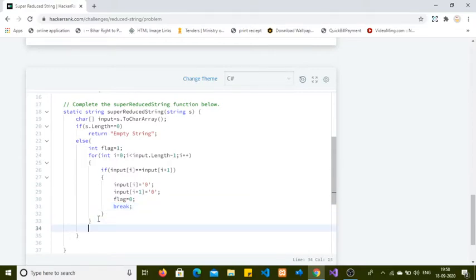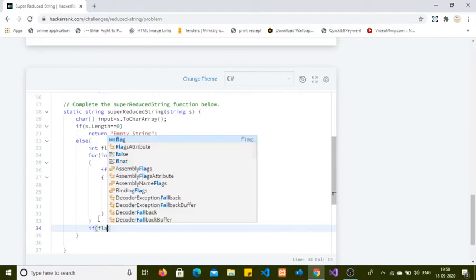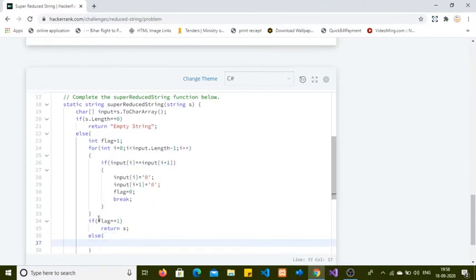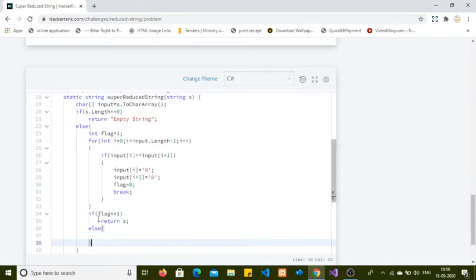Then after that we'll check if flag is still 1, then we will return the string, else we will create a new string for further processing. I'm creating a string type variable str, which I'm initially initializing with null,